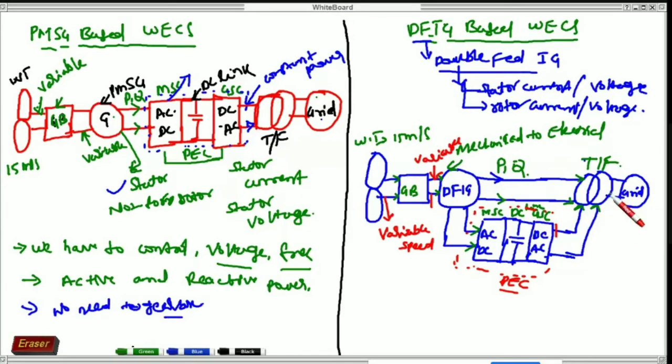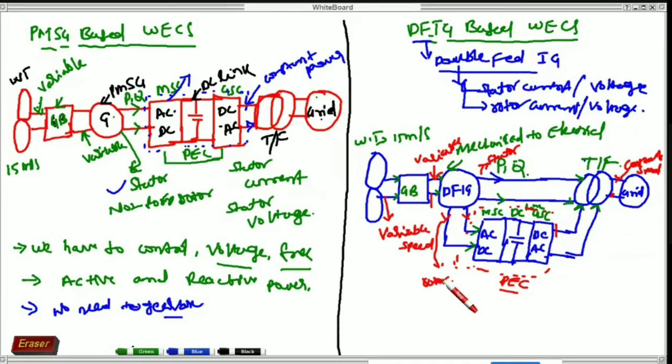And whatever the power we have to convert here, this power is constant speed, right? And we are playing with the active and reactive power. This is stator side current, and this one is the rotor.